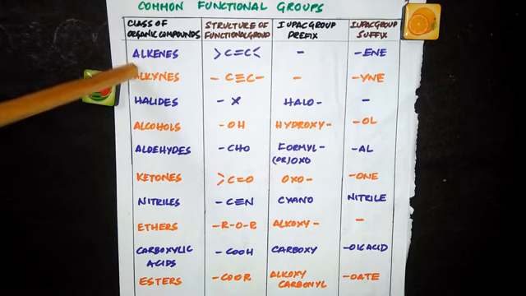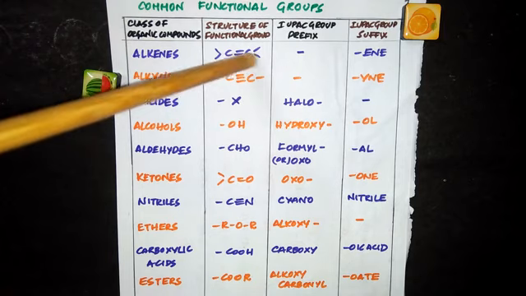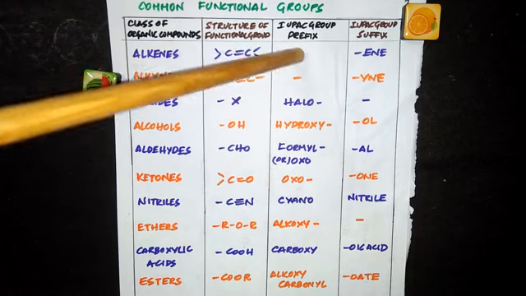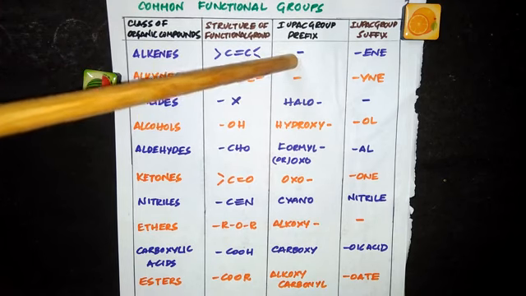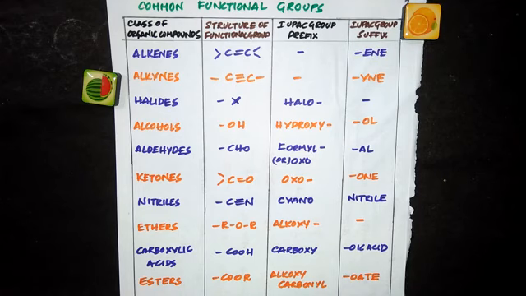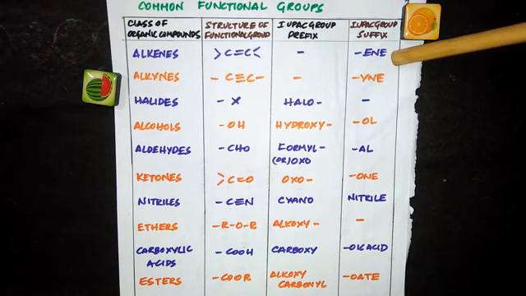First one, alkenes. Just now we have seen alkanes. Alkanes are hydrocarbons having carbon-carbon single bond. When there is a carbon-carbon double bond, then we call them alkenes. This is the structure. For alkenes, we don't have a prefix name. We have only the suffix name, so we will end the name as -ene. For example, if you have ethane, which is an alkane, and there is a double bond like CH2 double bond CH2, then instead of ethane, -ane will be removed and you will put -ene: ethene. So for alkenes, the suffix is -ene.